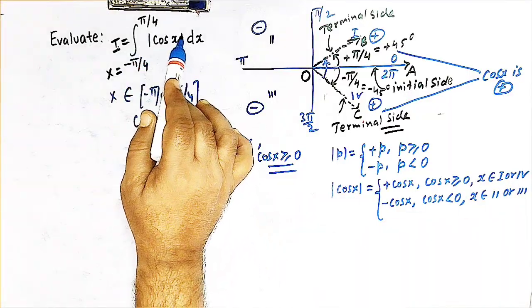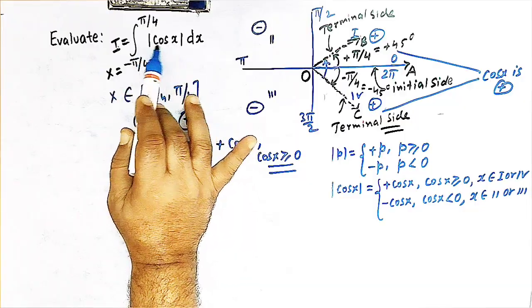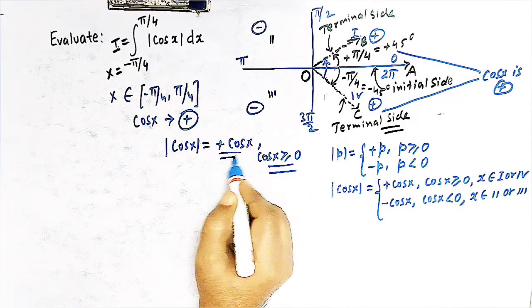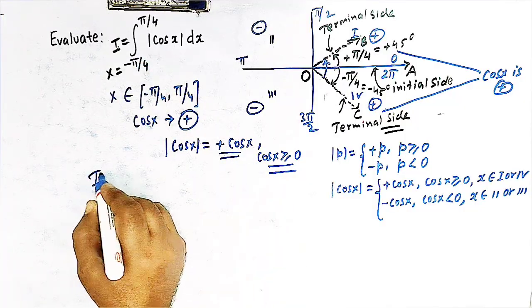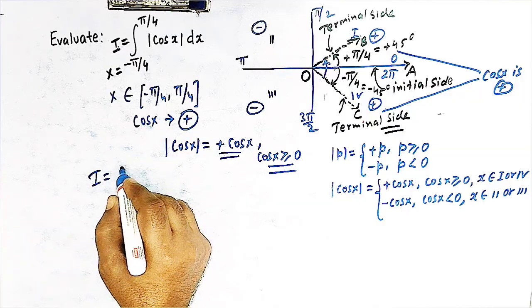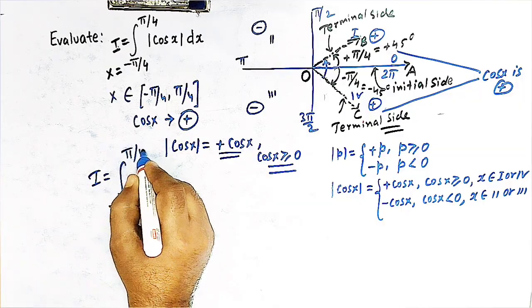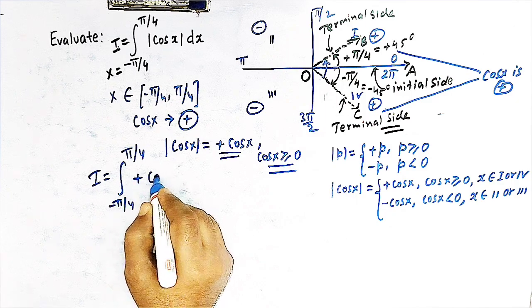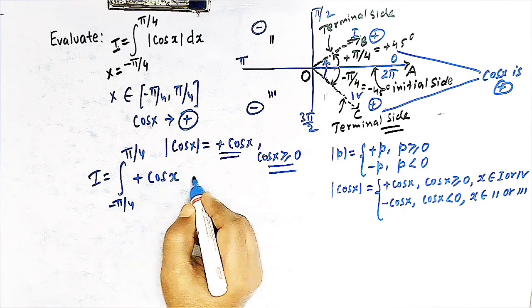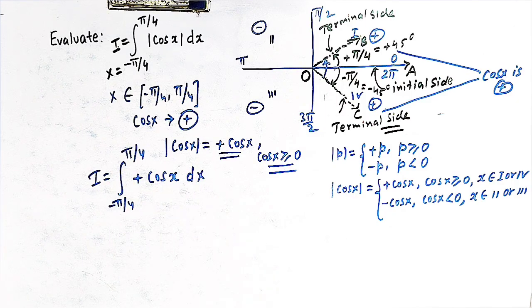So now here for mod cosine x, we can write positive cosine x, and we have the integral I as minus pi by 4 to pi by 4, and here we have positive cosine x,